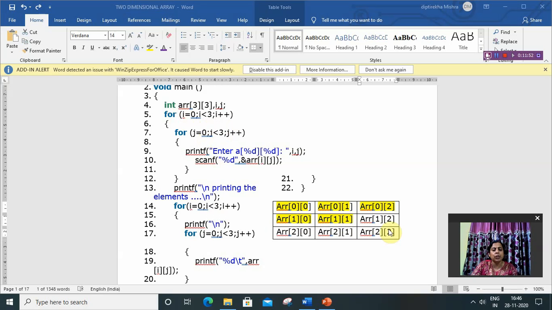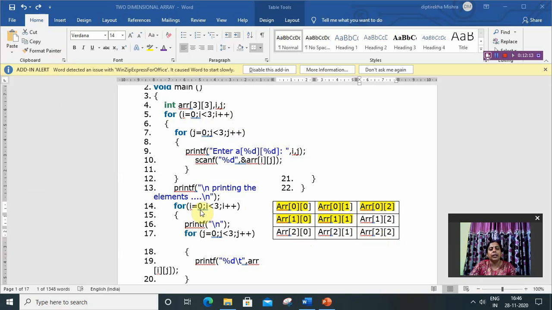For each value of i, j will execute 3 times. For i equal to 0 it will execute 3 times, for i equal to 1 it will execute 3 times, and for i equal to 2 it will execute 3 times, meaning in total it will execute 9 times.